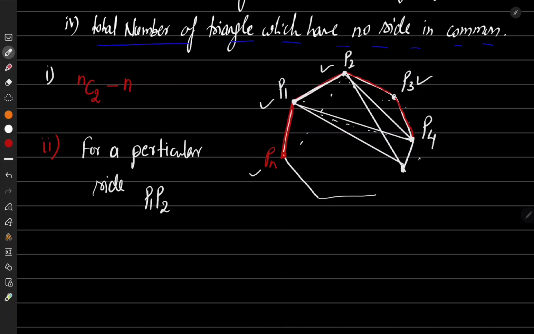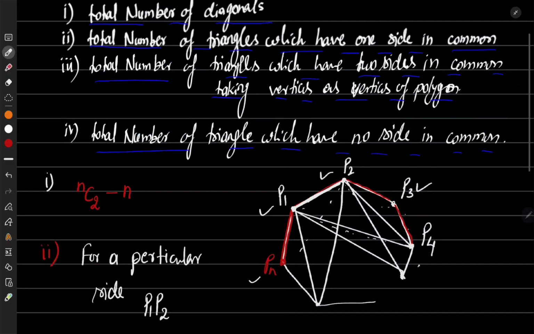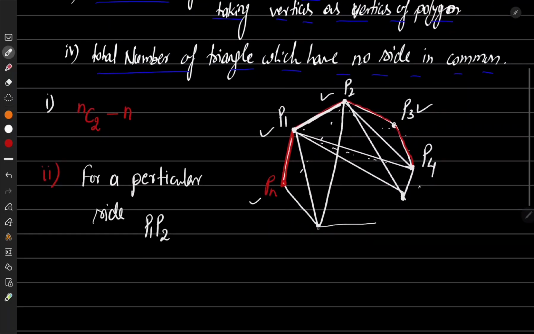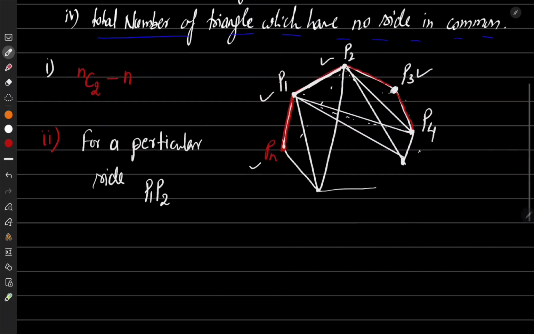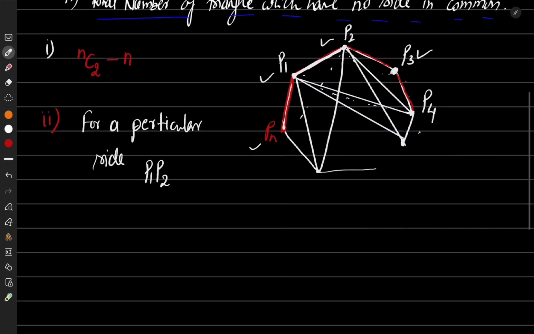Except these 4 points, if I am going to join anywhere with the vertices of the polygon, for a particular P1, P2, this side is having n minus 4 choices, because n sides are there, 4 corners you can't use, otherwise more than one side will be in common, means two sides will be in common. Okay, so you will be saying, sir, for particular P1, P2 it is having n minus 4